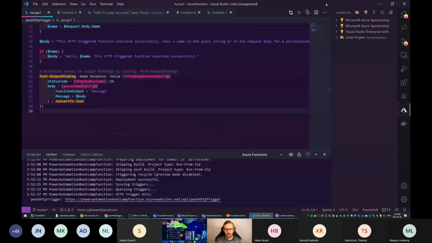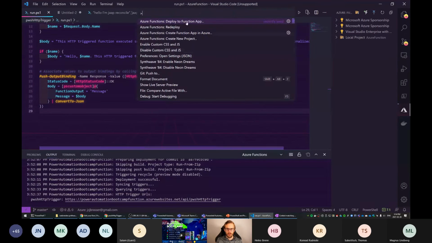You can make all the changes. You can create as many triggers, as many functions within a single function app, and whenever you're ready to deploy to test it in the cloud instead of testing it locally, you can just choose the deploy option. So in this case, Azure Functions deploy to function app.